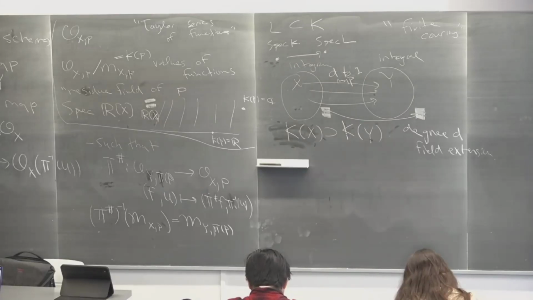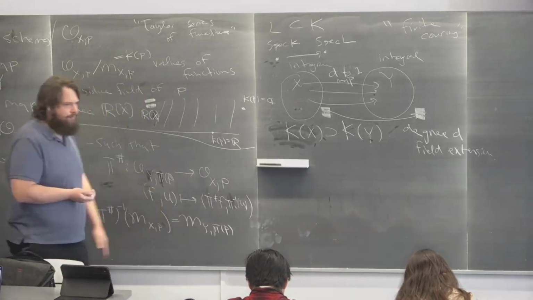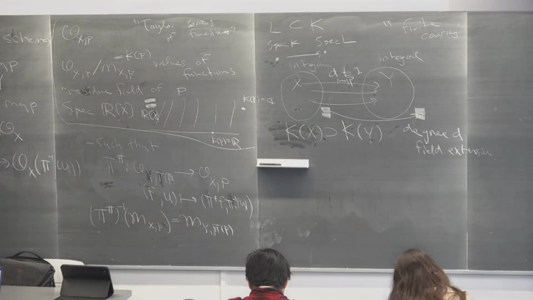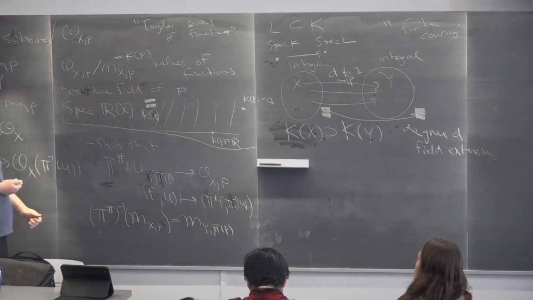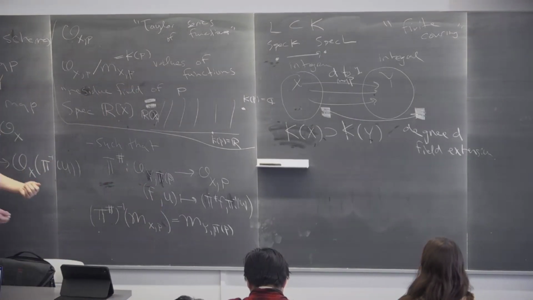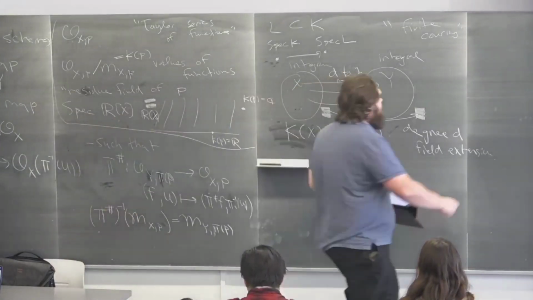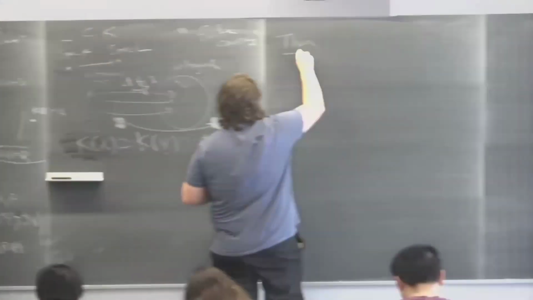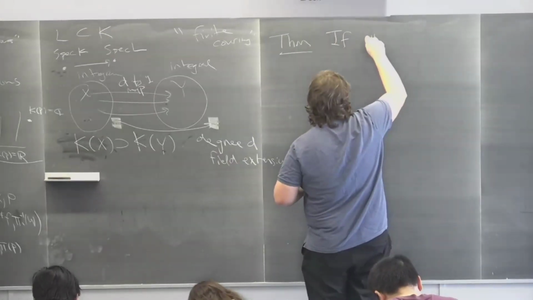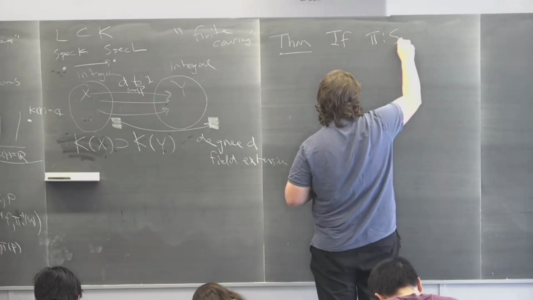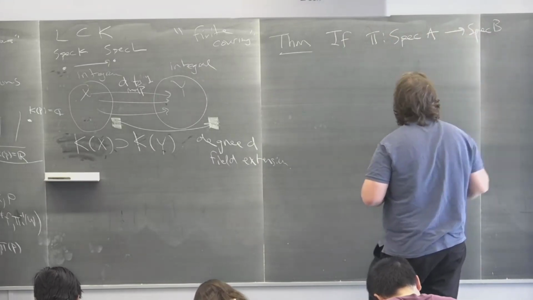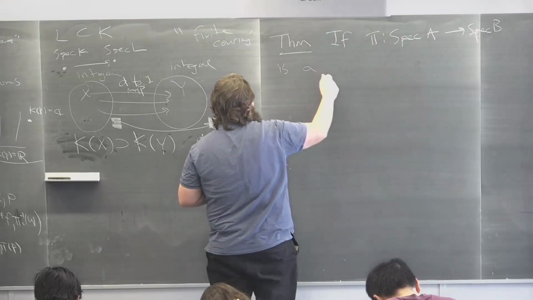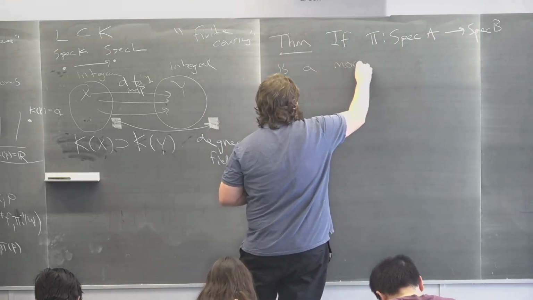Okay, so this seems like a slightly weird definition. Why did I include this? The reason I included this, as Vakil explains, is that I need this condition to force maps between affine varieties to actually come from ring homomorphisms, right? So, theorem: if phi from spec A to spec B is a morphism of schemes,